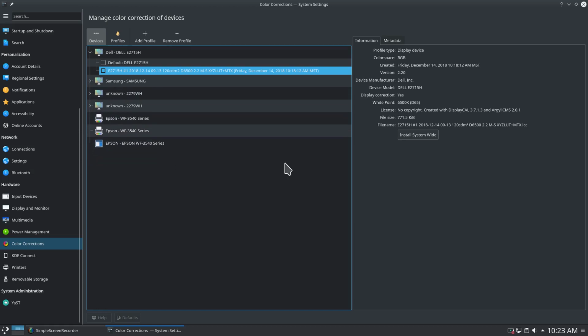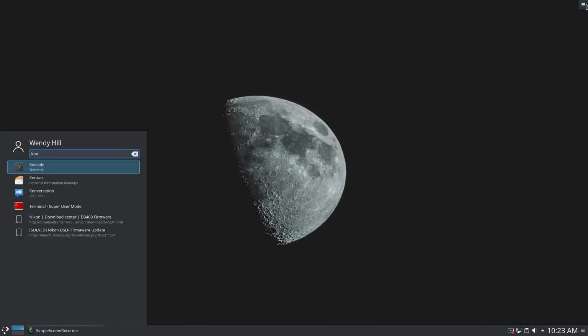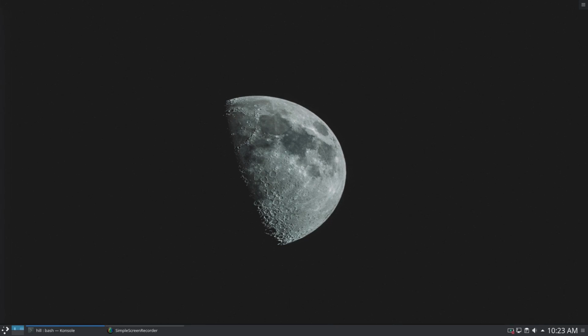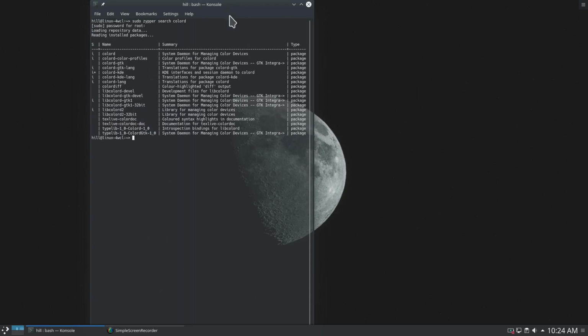Now, one thing that I didn't talk about previously was that this color corrections tab does not come pre-installed. That's something that I always add. And let me show you how I do that. My preferred way is in the terminal. So you can see that this is installed already, colord, but this is the package that you will need to add